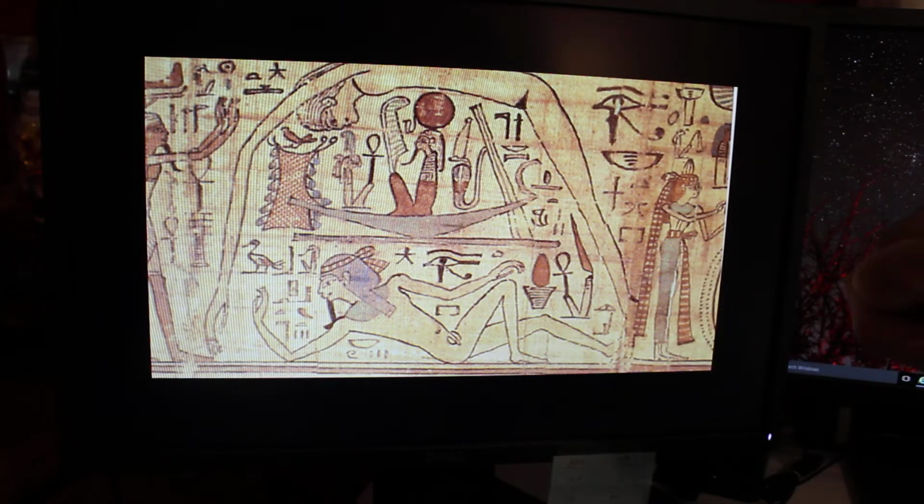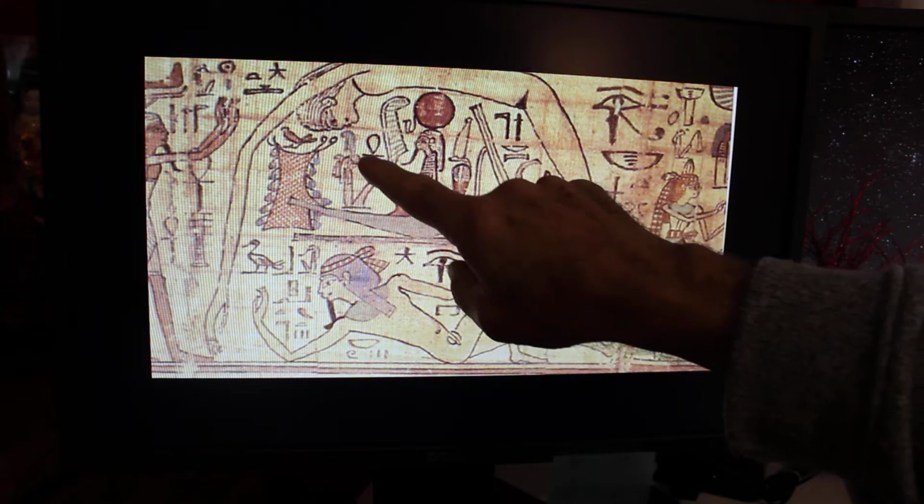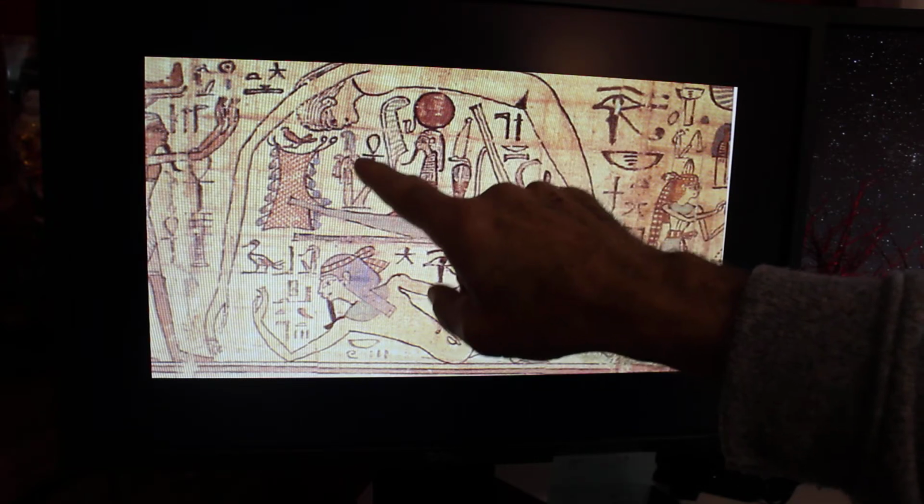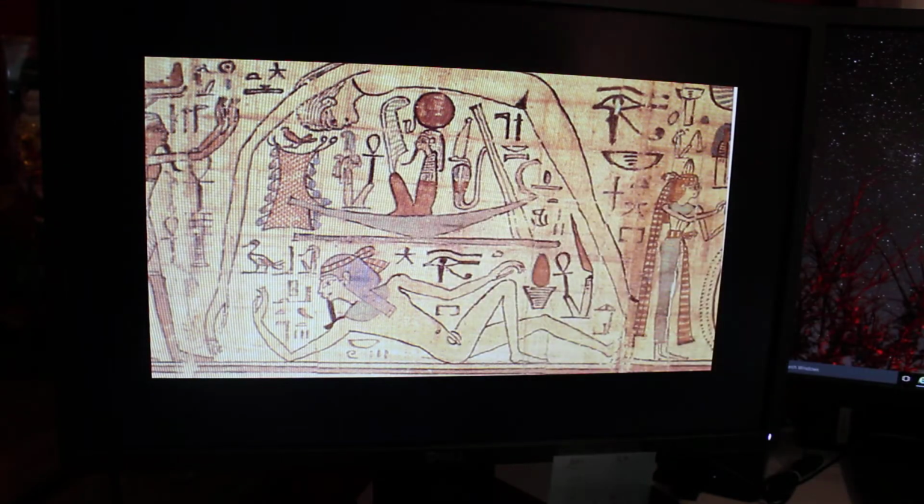Now, a few other things I want to point out here too. Did you see this symbol right here with the circle on top? It looks like a cross with the circle on top. That's called an Ankh, A-N-K-H. Very important. It's a way that power could be bestowed, but it also represents many different things to them, and lots of people will wear necklaces and things that have that symbol on them.